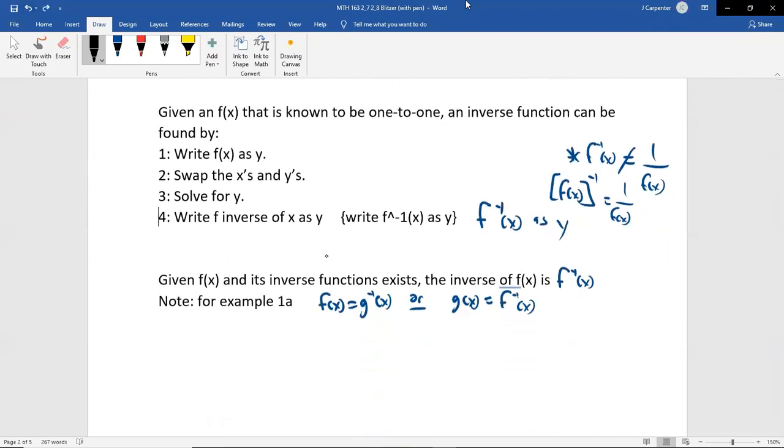And then we just mentioned that in that previous example we did, the very first one, not the second one, that because they were inverses, we could have said that f was g inverse, or we could say g is f inverse, because of that two sides of a coin argument.